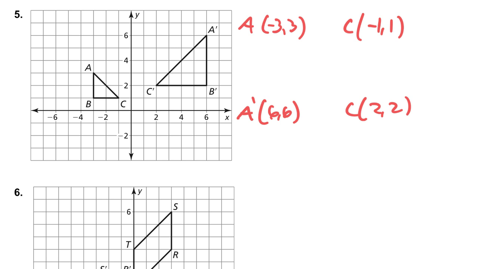Now, I can already see that I multiplied every number by 2. Everything's been doubled. But I can also check it because on the bottom here, from B to C is 2. From C prime to B prime is 4. So I'm going to have a K that equals 2, which turns this into -6, 6, and then -2, 2. Now I need to think, how do I get down to,